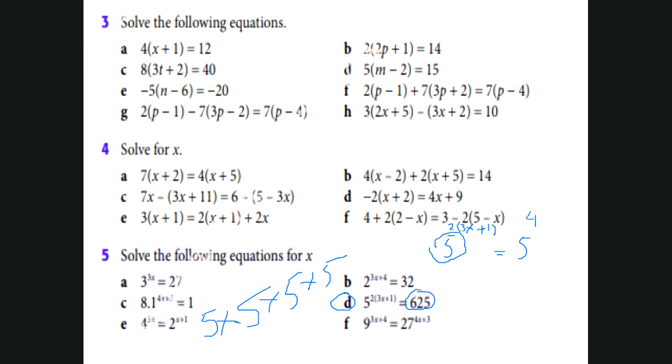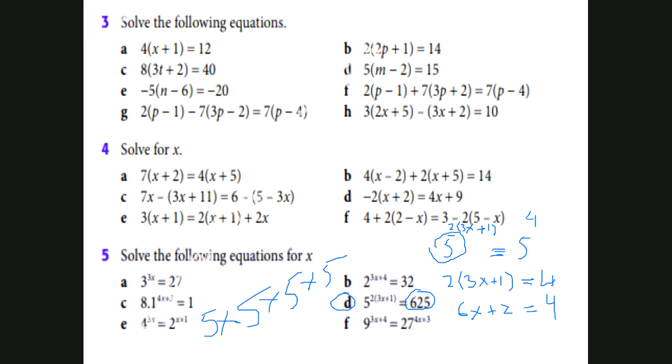Now that there is an equal sign, it makes sense. What kind of sense? The base is equal to the base and there is an equal sign, which means the powers must be equal. So if I write the powers equal, that is 3x plus 1 times 2 is equal to 4. So it becomes 6x plus 2. When you expand it, this is equal to 4. Now it becomes the equation as you were solving.